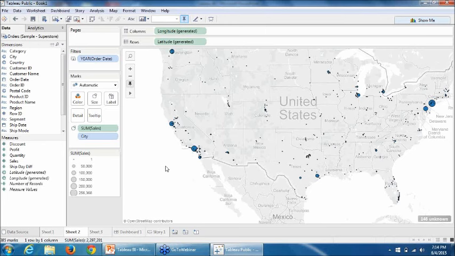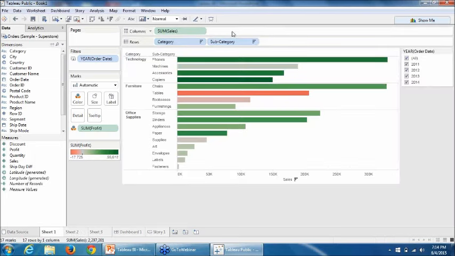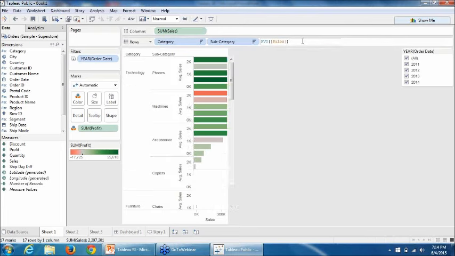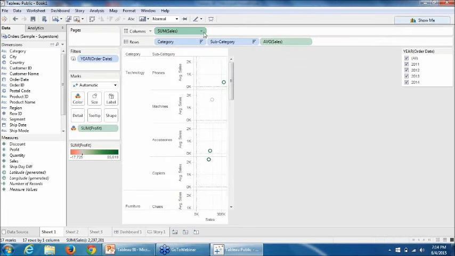So Tableau gives you a calculated field feature, where you can, let me throw an example to you. So I go here, I just double click on the columns, let's say on the rows, and can create some table calculations on the go. I just want to see average sales, right?